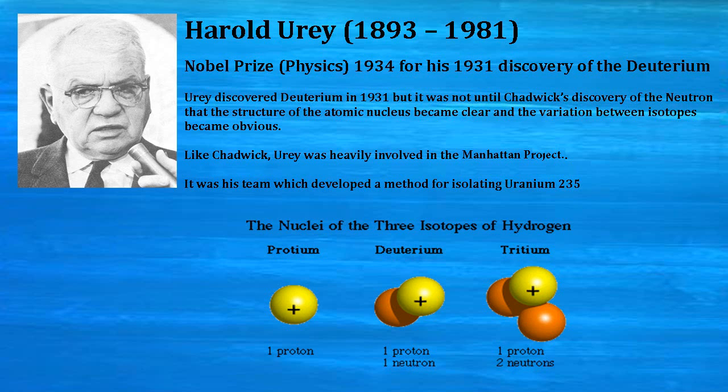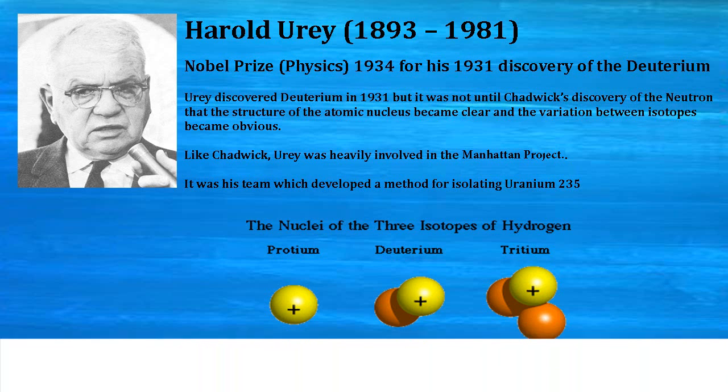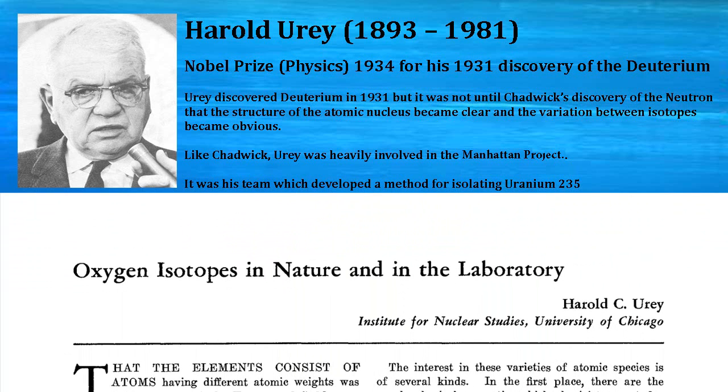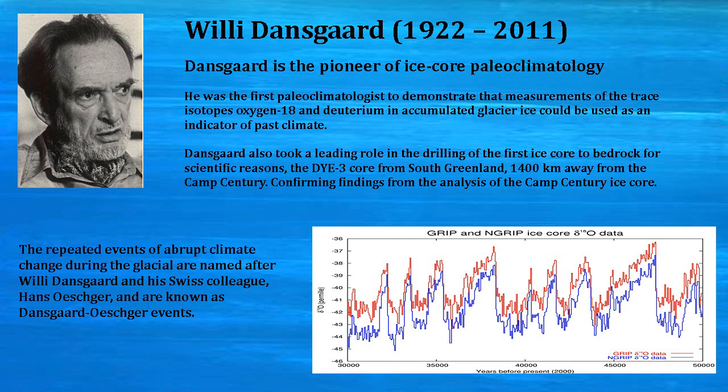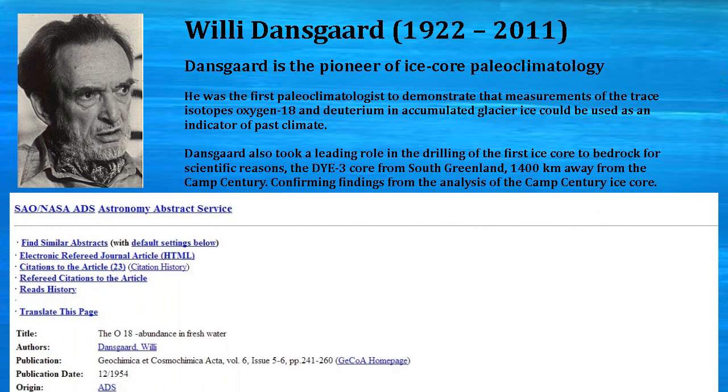In the November 5th, 1948 issue of Science magazine, Urey published a paper titled Oxygen Isotopes in Nature and in the Laboratory, in which he detailed the way that the ratio of oxygen isotopes might be used to calculate the past temperatures of the Earth's oceans. Now, in 1954, Willy Dansgaard published a paper in the peer-reviewed journal Geochimica et Cosmochimica Acta, showing how the abundance